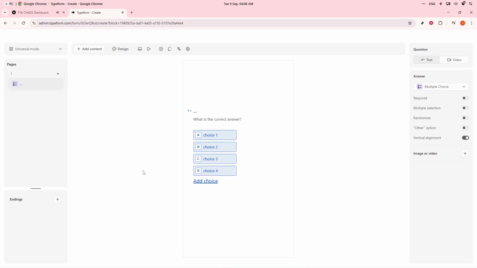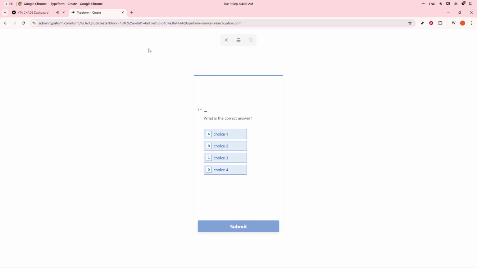When you have your form open, the next thing you'll be doing is entering preview mode. In the Typeform designer interface, look towards the top right corner of your screen and find the preview button. It's typically represented by an eye icon. Clicking on this button will open your form in a full screen preview. This view displays exactly how your form or quiz will appear to your respondents, giving you a comprehensive look at